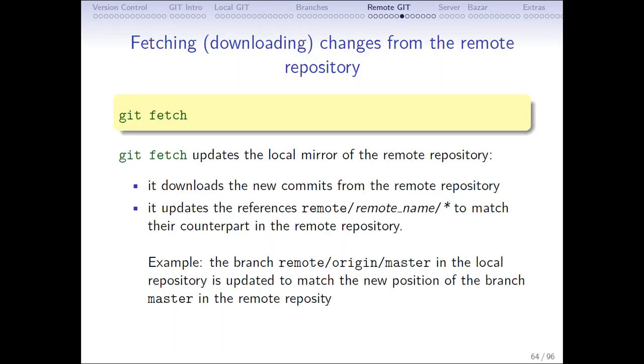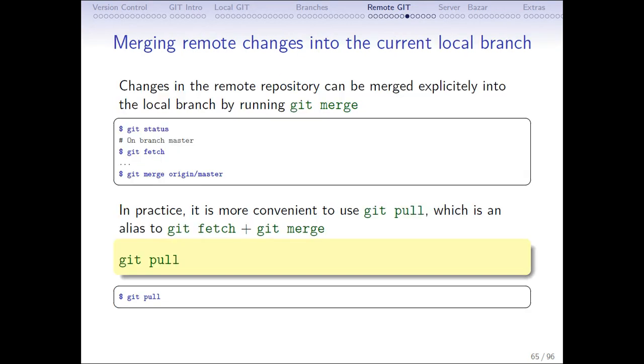So fetching, downloading changes from a remote repository. How will you do it? Git fetch updates the local mirror of the remote repository. It downloads the new commits from the remote repository. Okay, and merging remote changes into the current local branch. How will you do it? Git status, on branch master. You will do git fetch, and then git merge origin master. It will merge it. So it's more convenient to use